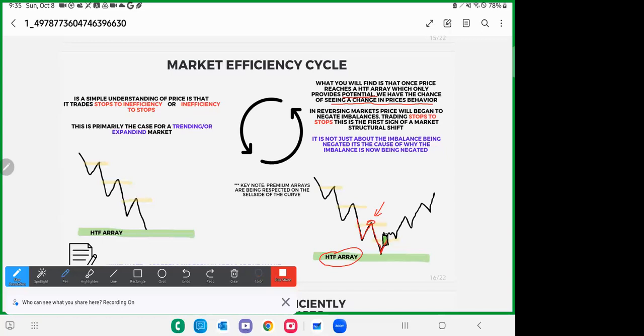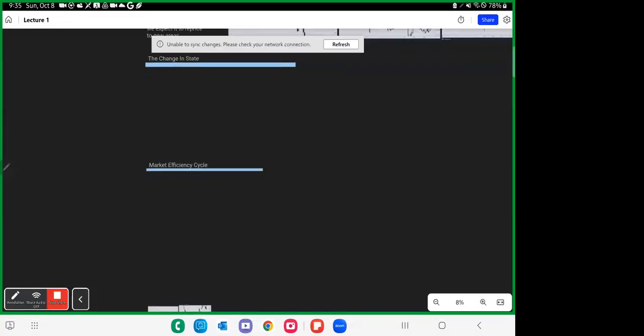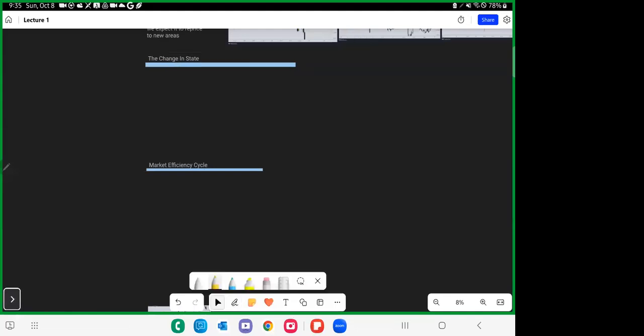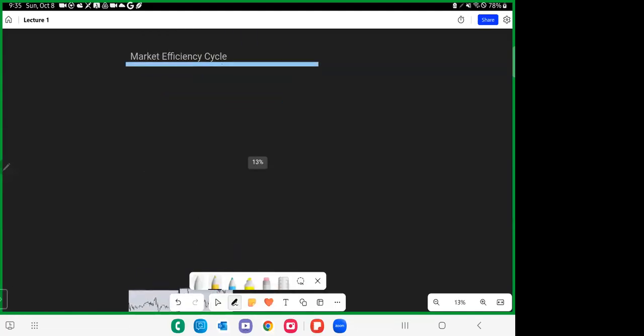So if price is trading, you guys have to excuse the transition back to this. I don't know why it's pausing so much. So if price is trading stops to imbalance,